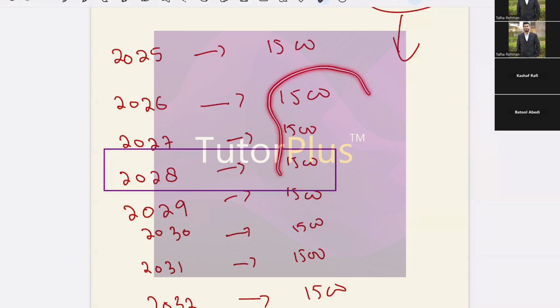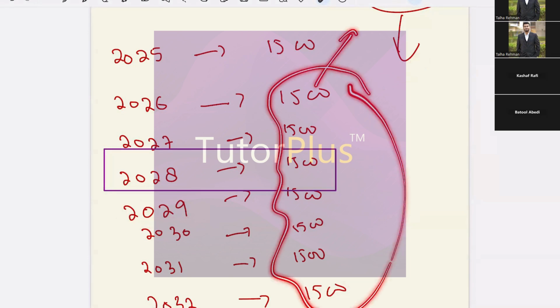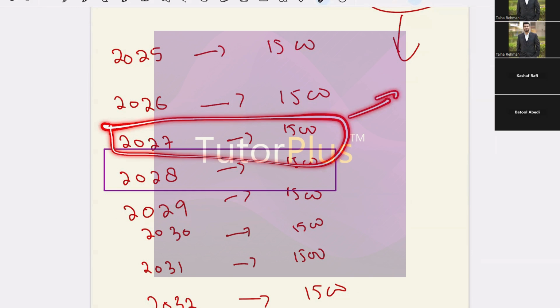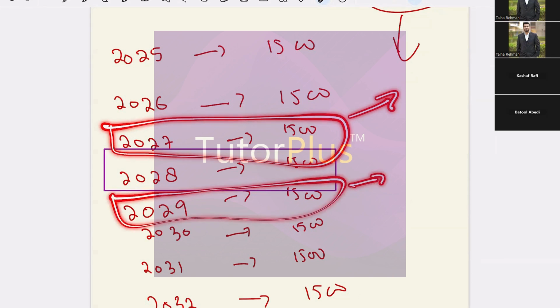I'm not saying that you'll be friends with all of these people. What I'm saying is that these people would know you somehow. They could be your friends, friends of friends, or maybe friends of friends of friends. So let's just say you apply somewhere where this person, who graduated 2 years before you, is working, and your CV goes to the same organization where this person is already working,